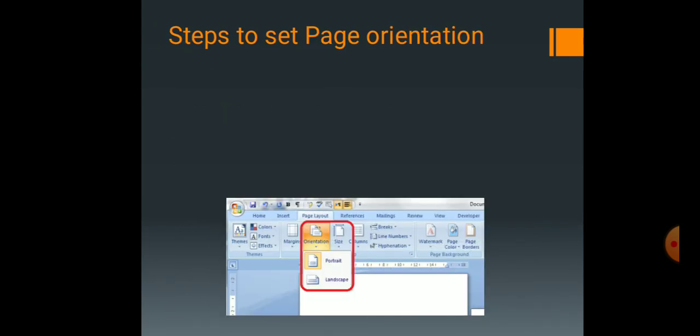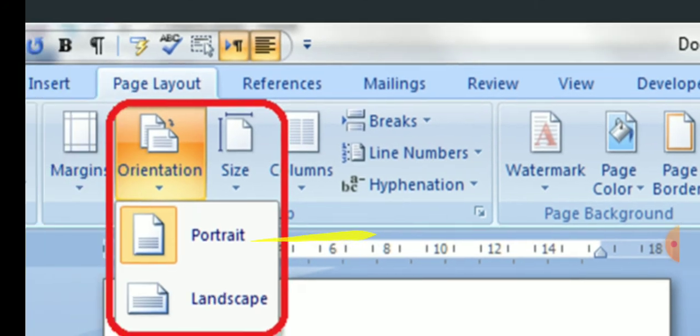How to set this page orientation? We will go through some steps here. The same way as we did in our page margin, we are going to click on the page layout tab, isn't it? Here, instead of margin, we are going to select the orientation option.